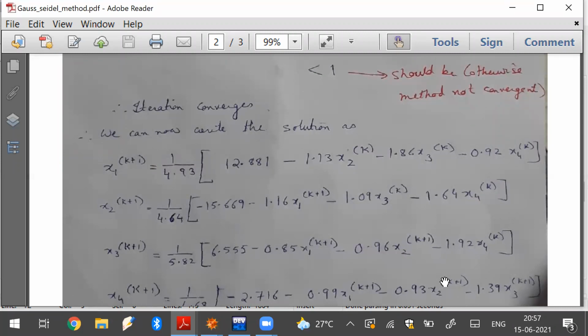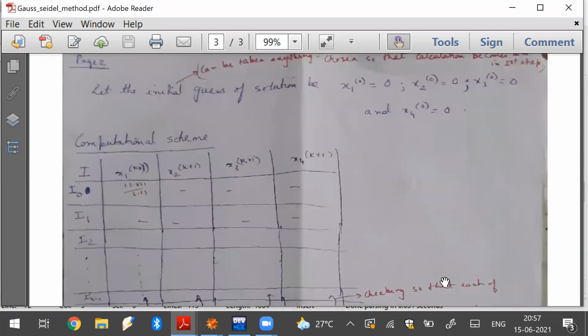Say suppose this is the initial step I0, I1 is the first step, I2 is the second step, so that is the calculation I have done there. But once I have done the calculation, I have to check with the previous one. In case it happens, suppose here I have marked 4 variables, 3 variables have reached accuracy, but the 4th variable, or any of the 4 variables, is not attaining accuracy, we cannot stop the method there, we have to go on iterating.